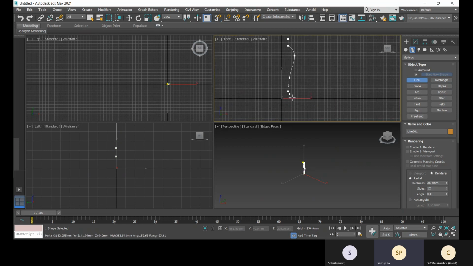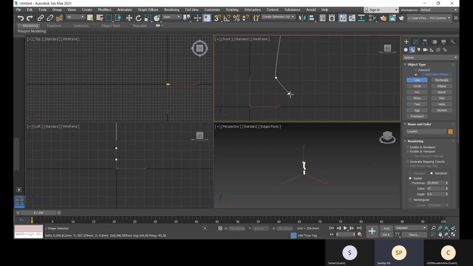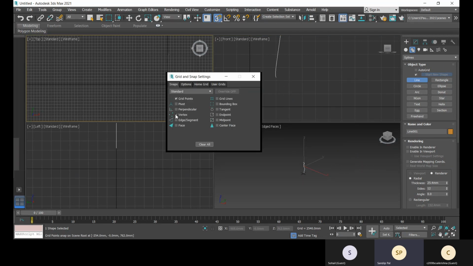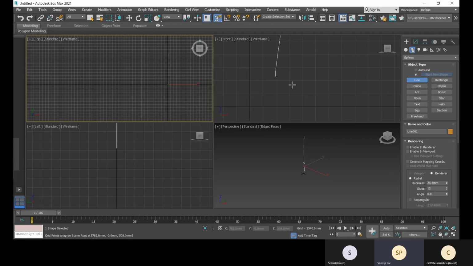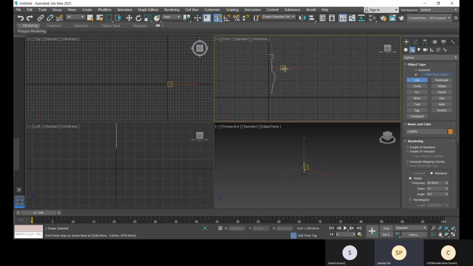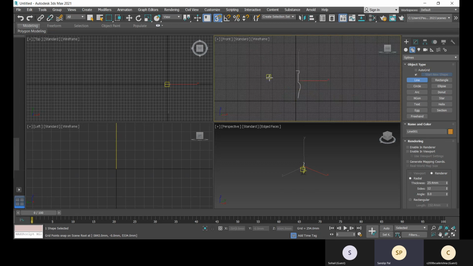So next, right click over here. I don't need vertex right now. I need grid points only. So let's create that again.